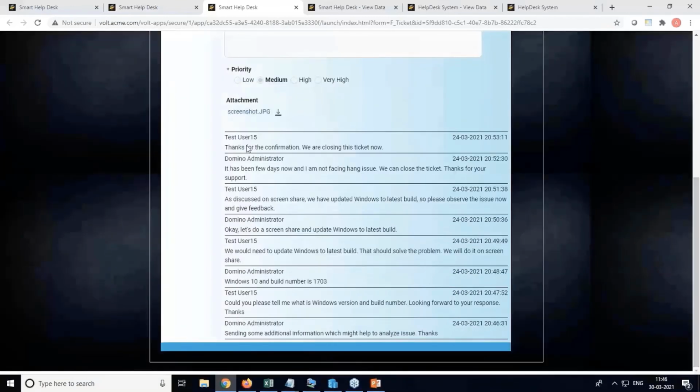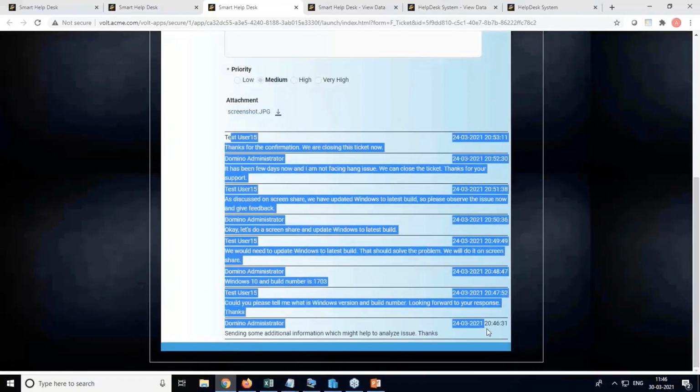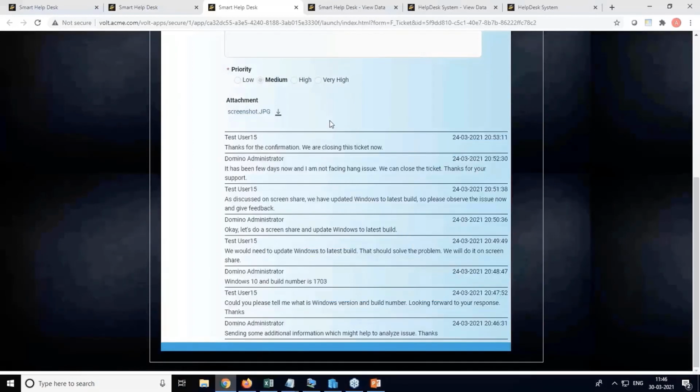And we are capturing the communication between end user and assignee through a comment box. You can try this as well. You have to create a comment box and capture each comments in a separate field. We are showing the latest comment at top, and we are also showing the username who has commented and the date and time for the comment.